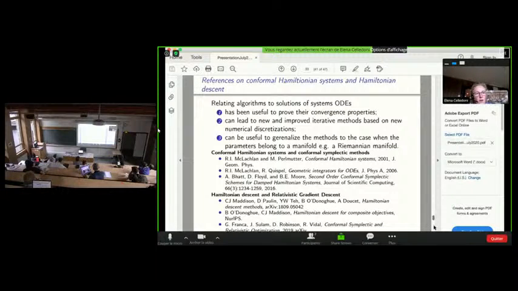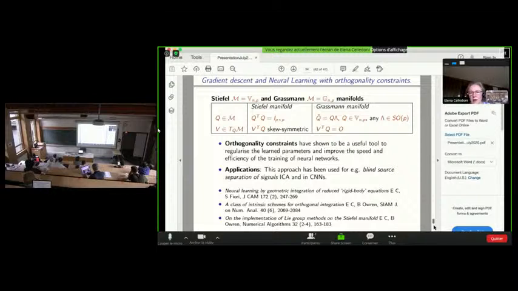Okay, the very last part of my talk is about generalizing these ideas to Stiefel manifolds and to orthogonality constraints. The Stiefel manifold, which I will focus on, is a manifold of matrices n times p, where n is larger than p, often very much larger, with orthonormal columns.